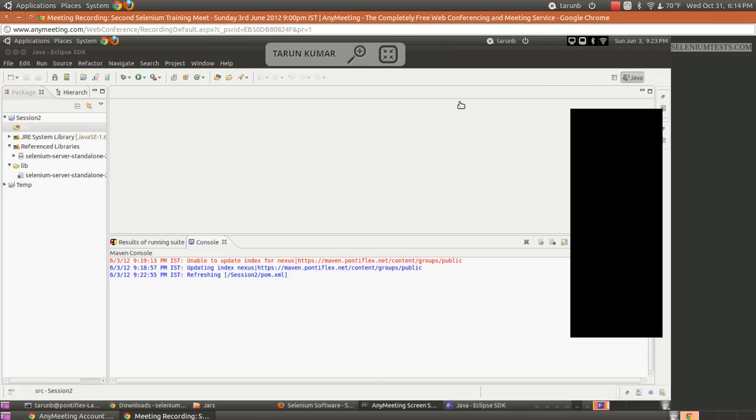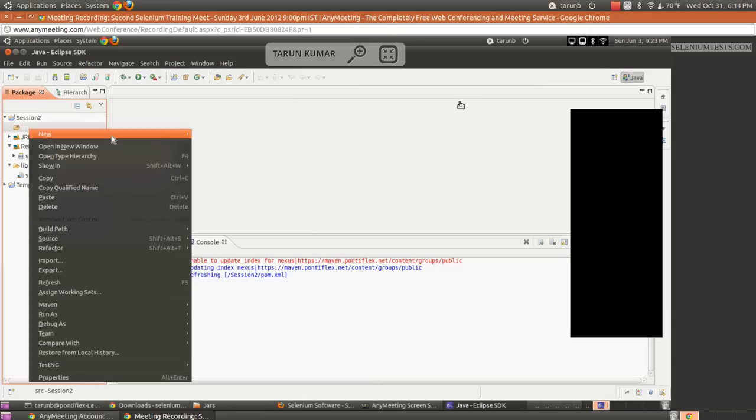Okay, so in case of Selenium 2, we just need one jar file. We need this jar file because we want to use the APIs which are supported by Selenium 2 itself. That is, we want to be able to write in a text box or select a drop down value or make selection for a radio button. To use those APIs, we need this Selenium server standalone jar. That's all, nothing more than that.